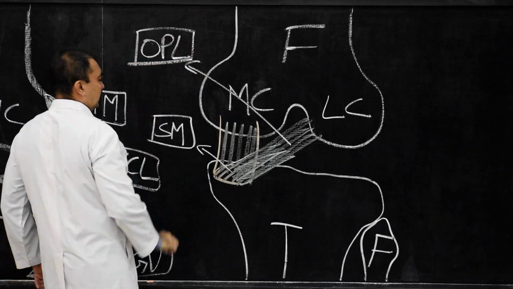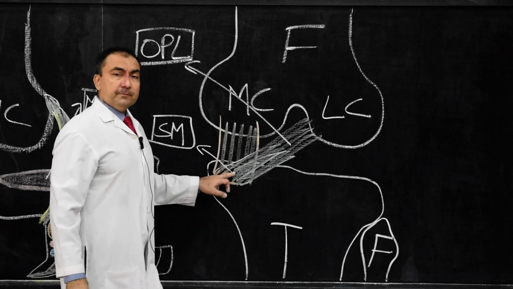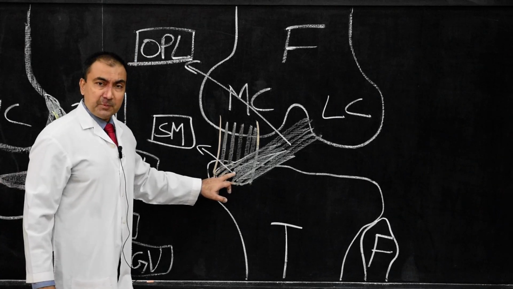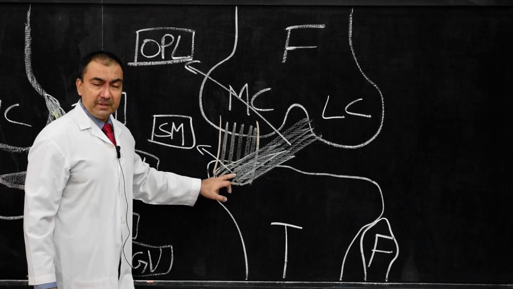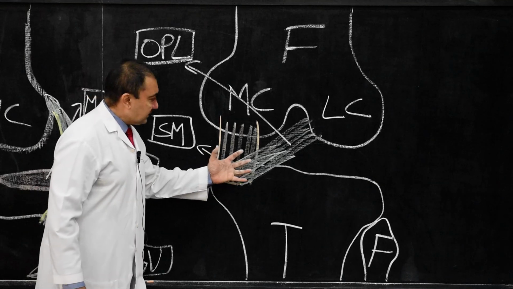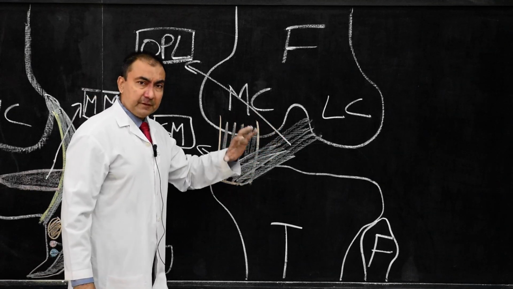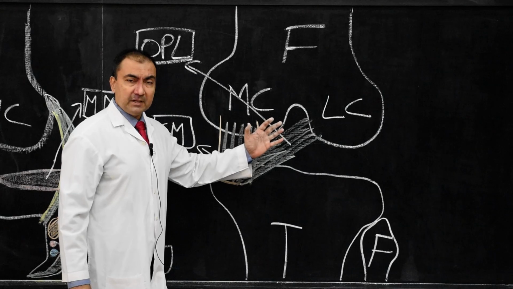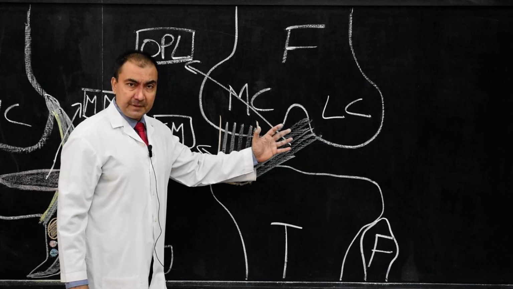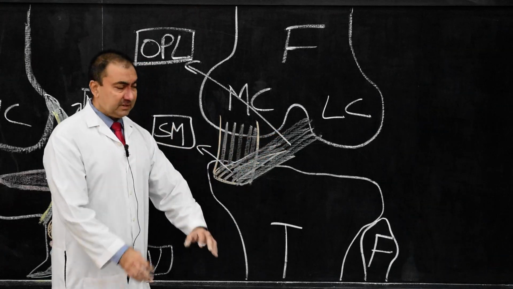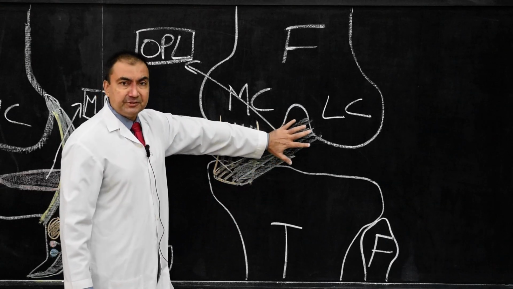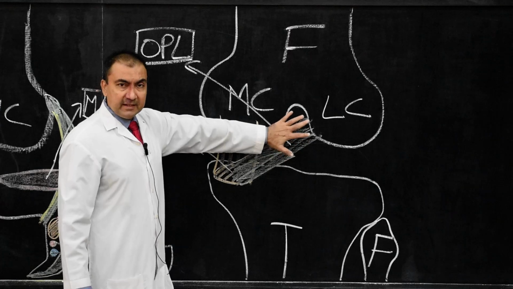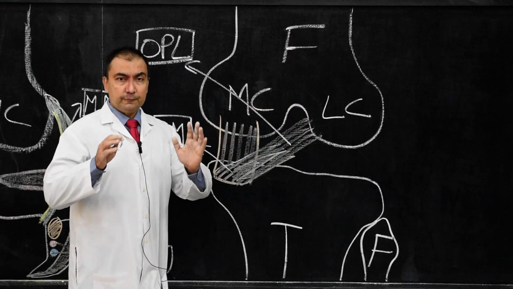Where are they attached? Lower attachment, it is present as an expansion from the insertion of semimembranosus muscle. Fibers are passing upwards laterally. Some fibers are inserted into the upper part of the lateral part of the intercondylar area of the femur, and majority of the fibers are attached to the posterior part of the capsule of the knee joint, where they form the floor of popliteal fossa.